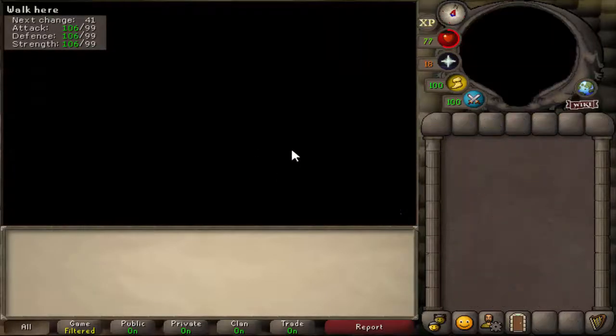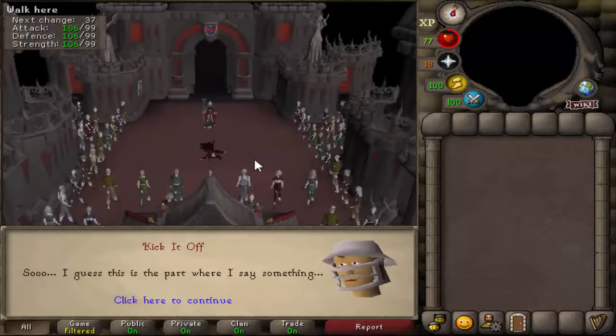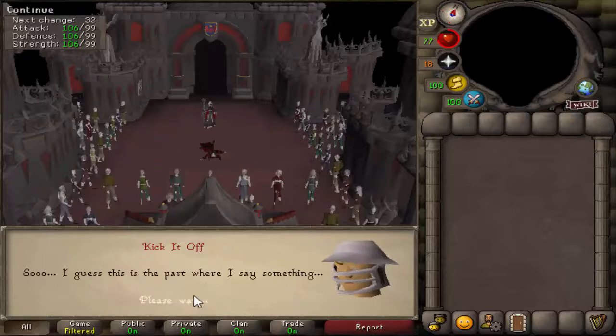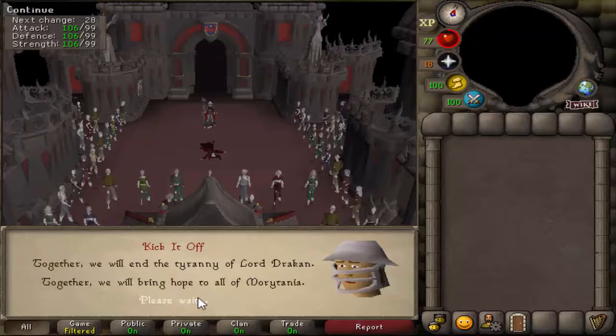And that was the A Taste of Hope quest. This was the boss fight that I did. It was pretty straightforward. I mean, again, with my stats, I can't really try to claim that any boss fight like this is going to be difficult, so got that one done. That, I think, gives you access to the Theatre of Blood, but I think that's a bit out of my